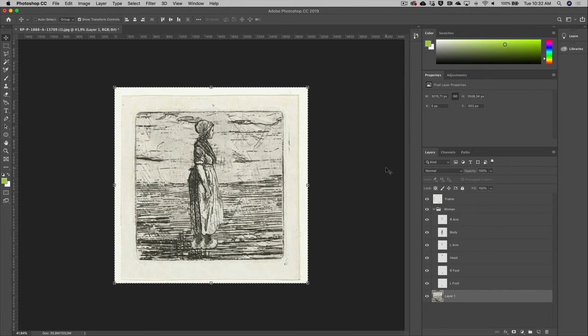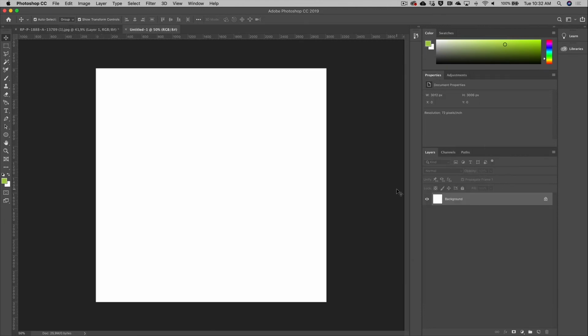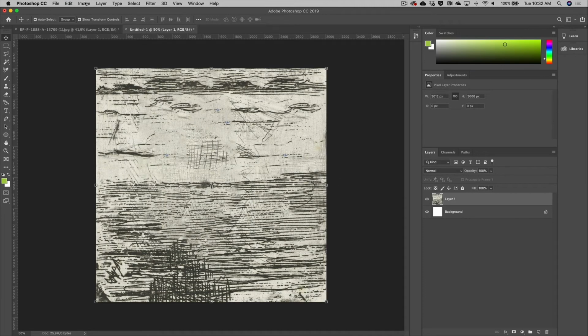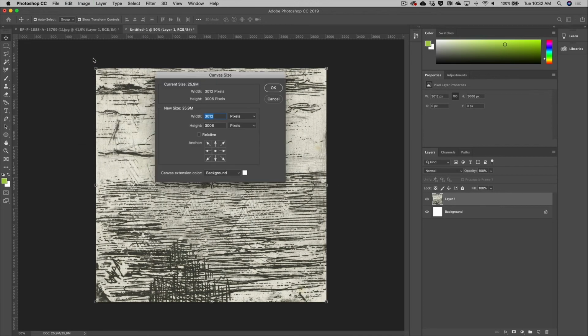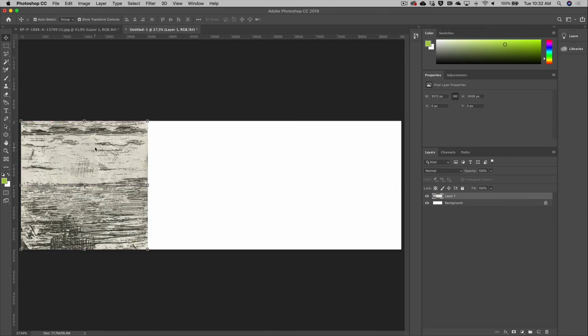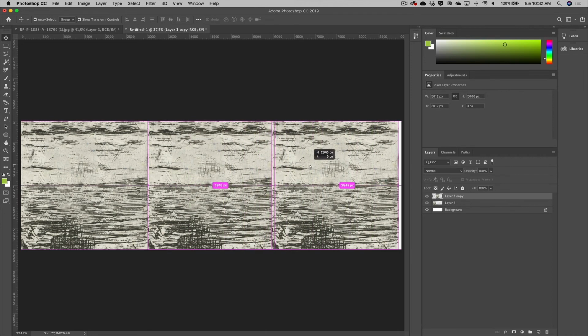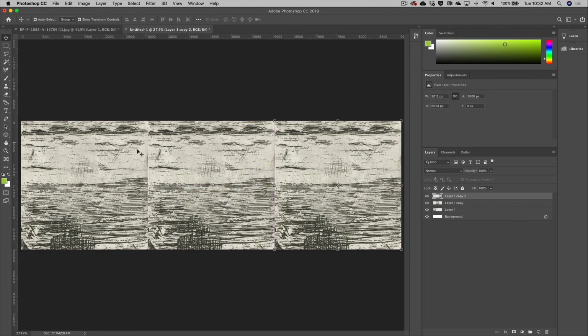Command A, Command C, Command N for a new document. Command V, and in here I would like to extend the canvas, maybe times 3. And in this way I can duplicate, holding down Alt and Shift, and make a nice painting out of it. And of course need to get rid of those patches in the middle. So let's select all of those layers,